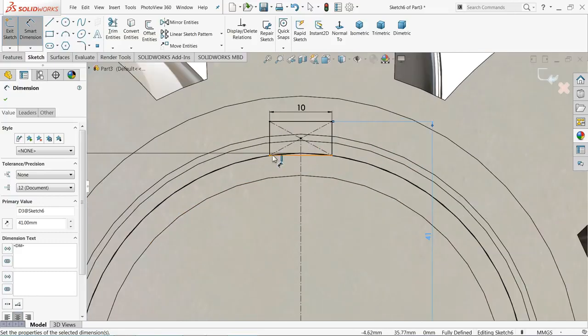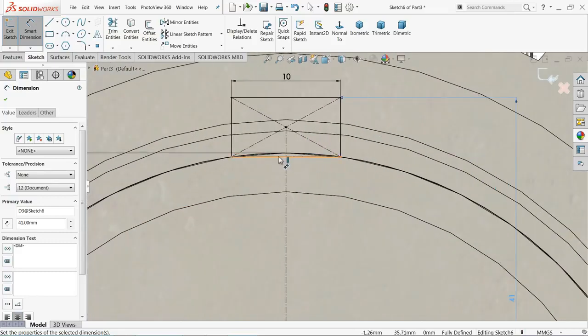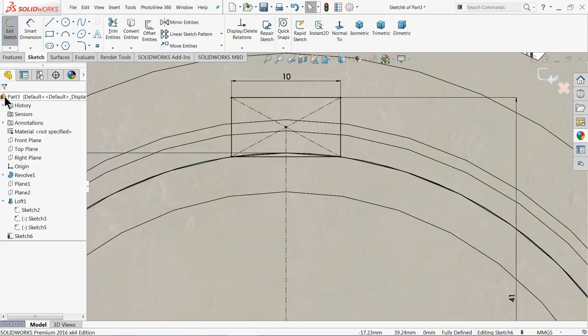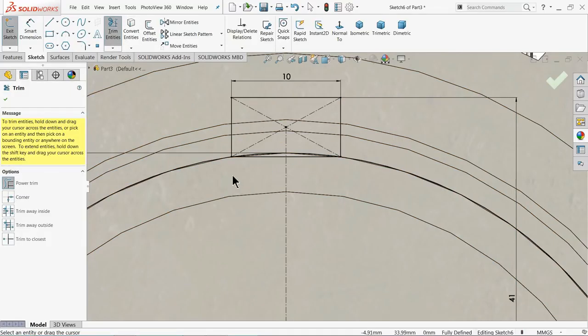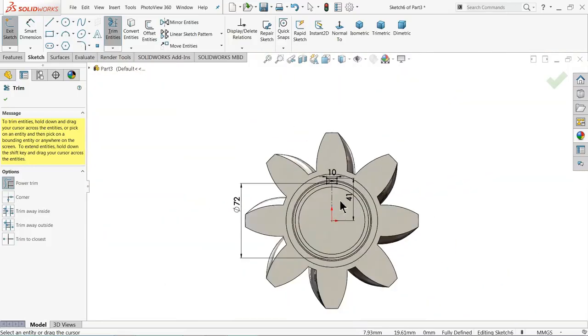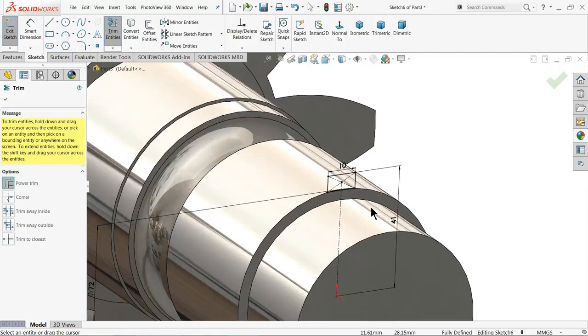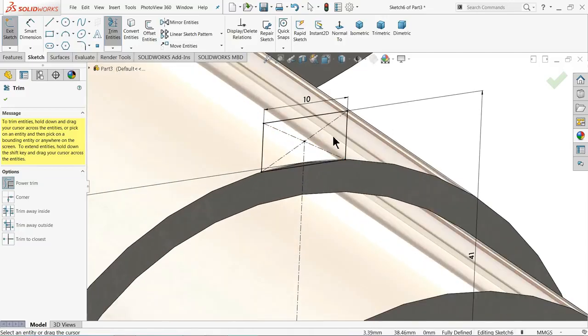That's it. Okay, choose power trim. I'll select power trim and delete this outer one. Now here the only thing, this one is remaining.